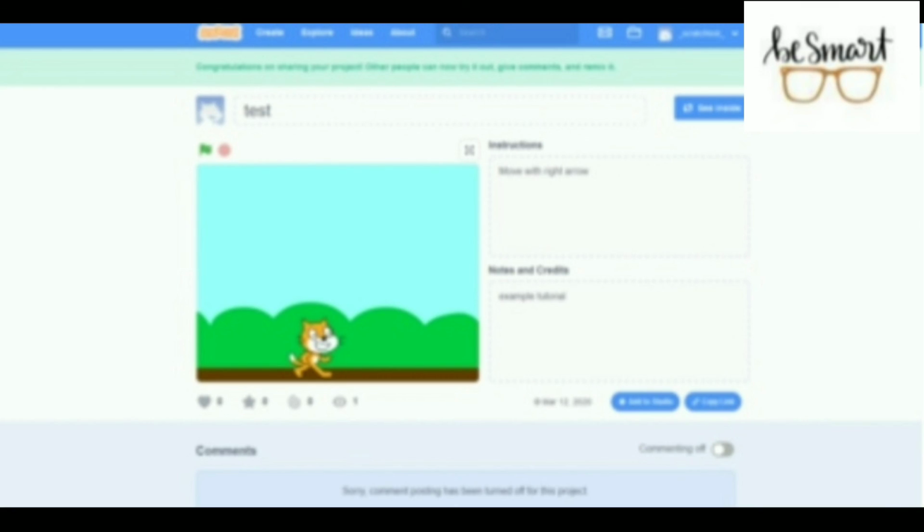As soon as you have become a Scratcher and have created your own user account, you can publish your programming projects at any time on the Scratch platform. To do this, click on the Publish button in the upper menu bar. In the window that launches, you now have the option of changing the project title, instructions, and notes and credits. If you move the slider next to commenting on to the left, you also shut off the commentary